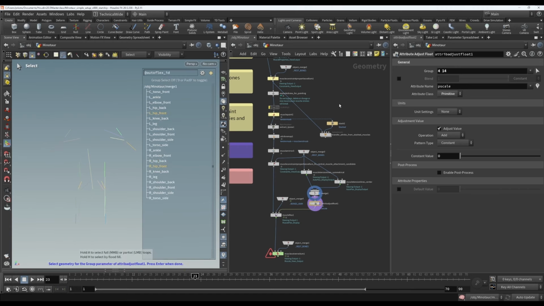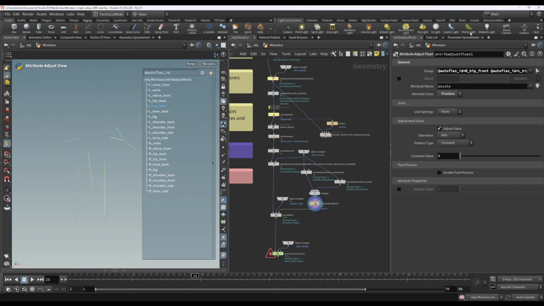Oh, I need it to be on 9 so that it actually sets it correctly. Okay, attribute name needs to be rest length, and now I want to do a multiply